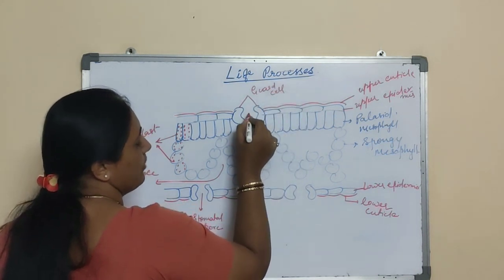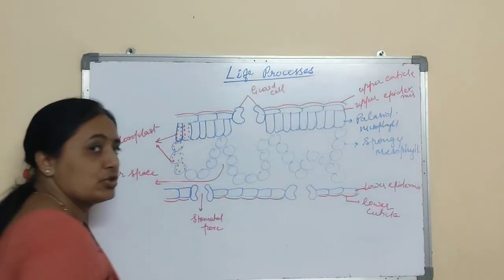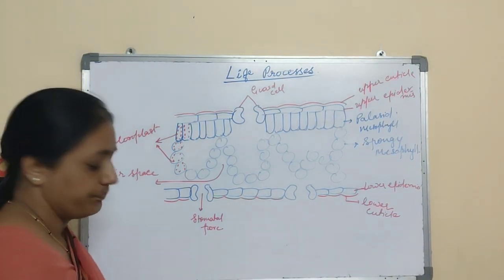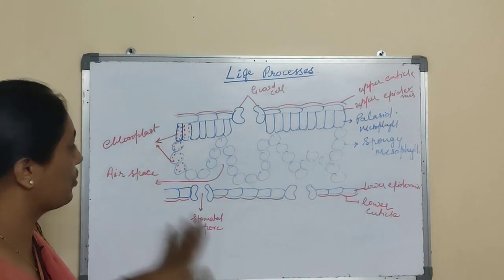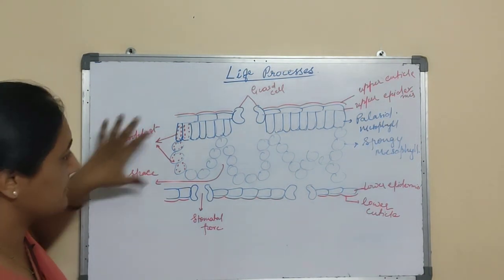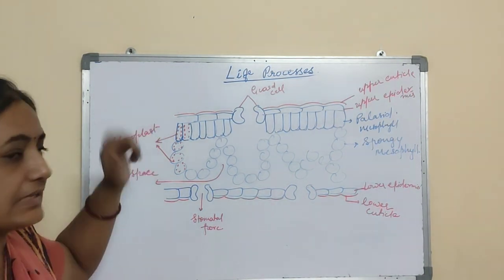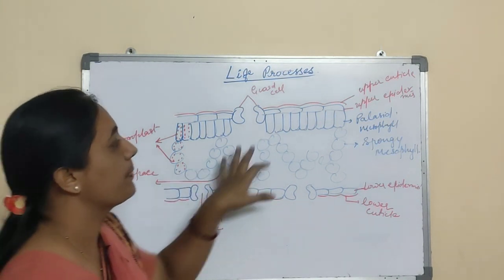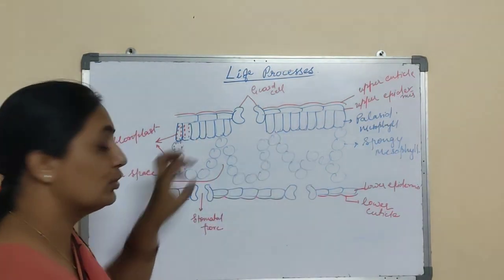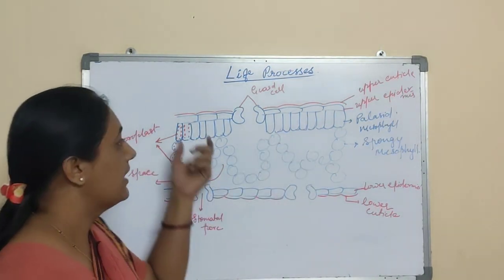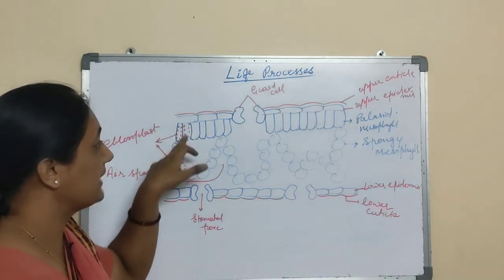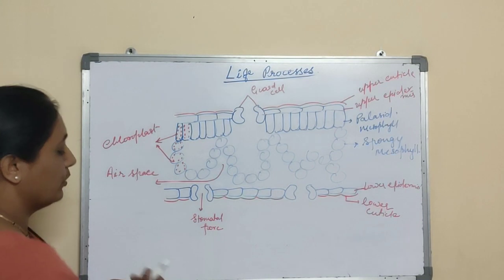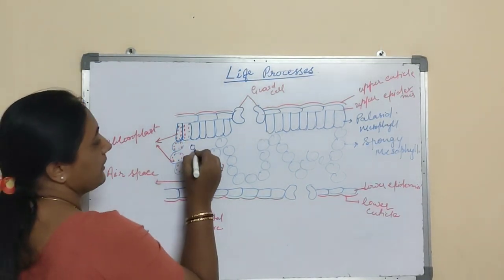Guard cell and stomatal pore together form stomatal apertures. So in this way, this is the guard cell, this is the stomatal pore. Chloroplast is present in spongy mesophyll cell as well as palisade mesophyll cell. And air chambers are useful to store gases, that is, whatever process of photosynthesis takes place, by the time CO2 is released, the O2 is supposed to accumulate here.